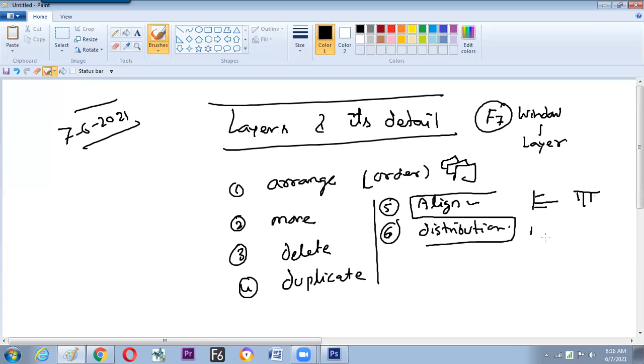Distribution means the gaps in between two objects should be similar, that is, the gaps should be equal. That is called distribution. In graphic designing, most things depend on these three events: alignment, arrangement, and distribution. If it is proper, then almost 30% of client approval happens. So let us see about alignment now.